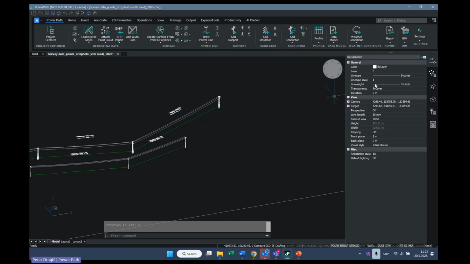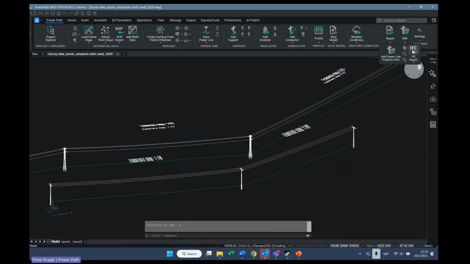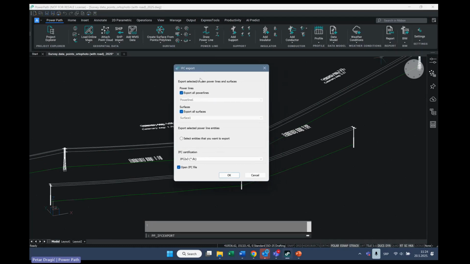Okay, when you're thinking about exporting BIM models, we also upgraded our functionality for exporting IFC models. And when I go here to IFC export, you will see that we also added the possibility of exporting just selected entities. But in this example, I want to export all of what I already created. Let's say, export all power lines and export all surface.